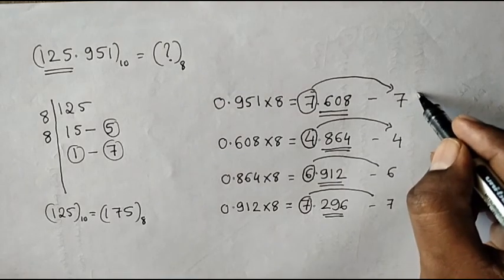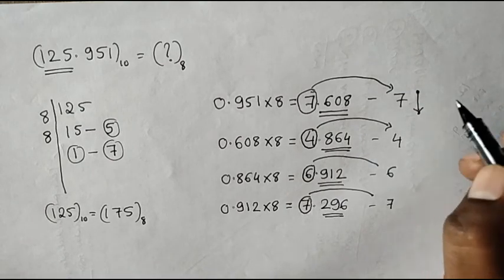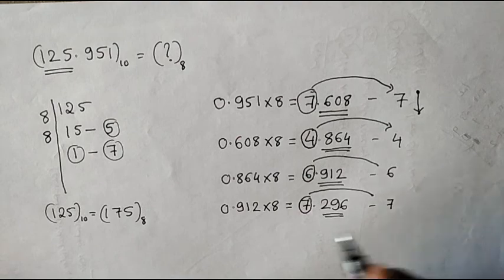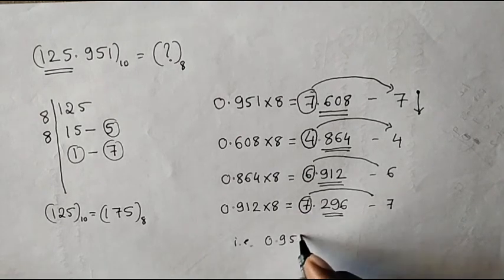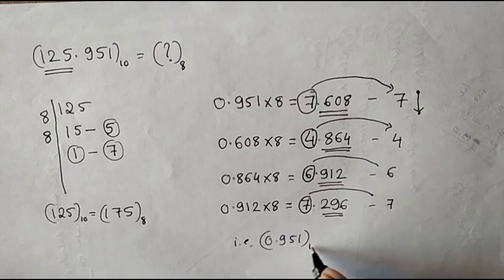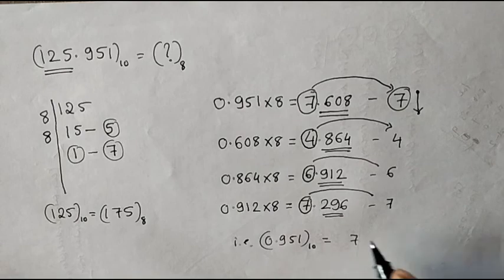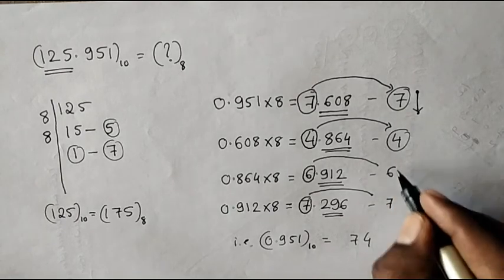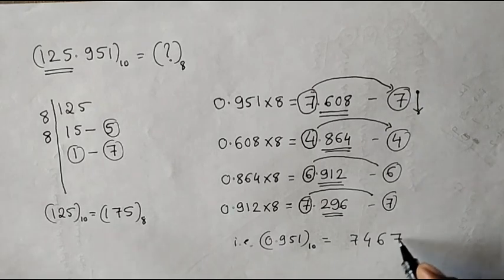Now we can represent the integer values from top to bottom that represents the octal equivalent value, that is 0.951, which was in decimal. The octal equivalent of this is 7, 4, 6 and 7. That is, here we are supposed to give the decimal point. Now considering both